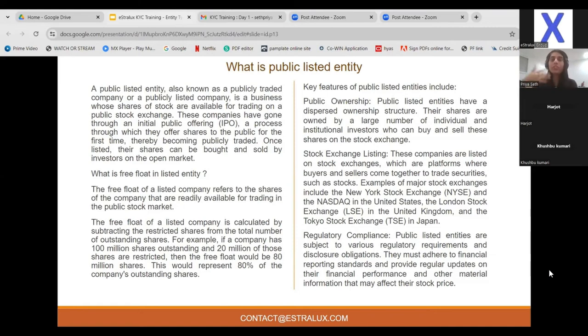They do the initial public offering and offer their shares to the public to invest in. If the company grows, their share value might grow and they will give that return. That is the concept of a listed company. When a company is listed and its shares are distributed publicly, what comes to your mind? That this company has disclosed everything, correct? They have to disclose; they have no option. If they are offering shares to the public, they cannot keep annual accounts private, which a private company can.